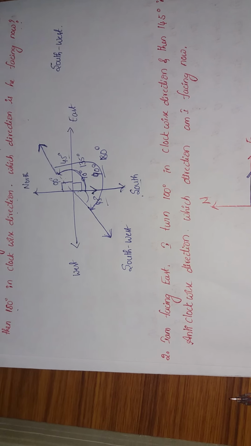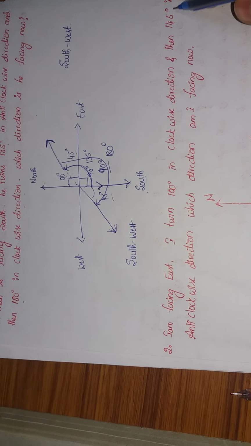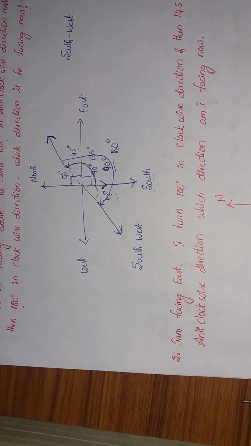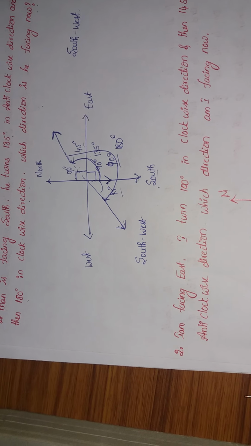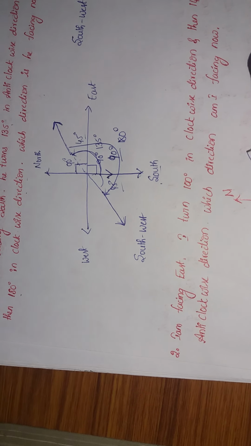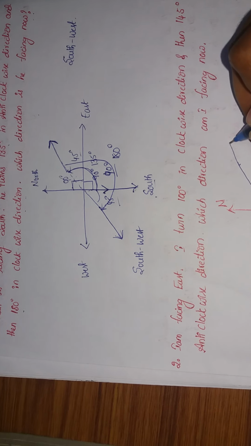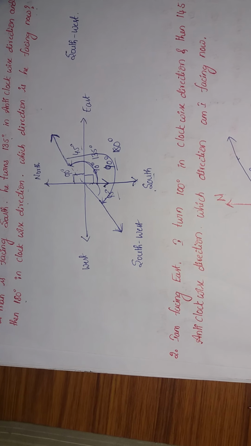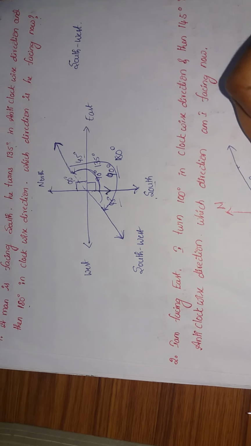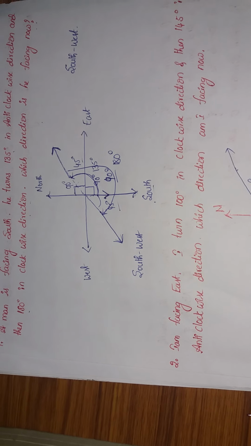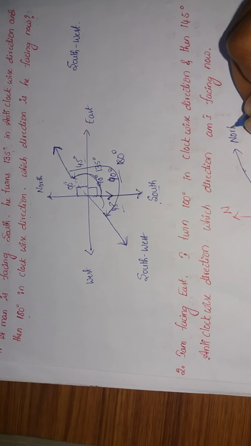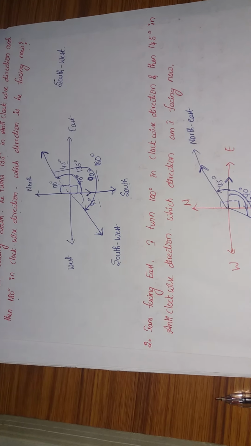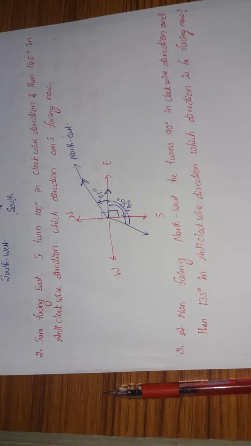And now I am in a southwest direction. Then 45 degrees in an anti-clockwise direction. This entire angle is 100 degrees, and from here we have to choose 45. Half of 90 degrees is 45 degrees. This is 100 degrees plus 45, which gives a result of 145. Which direction am I facing now? Northeast. This is the northeast direction, so I am facing towards northeast. The answer for this question is northeast.